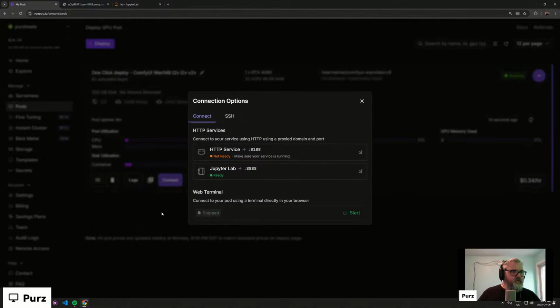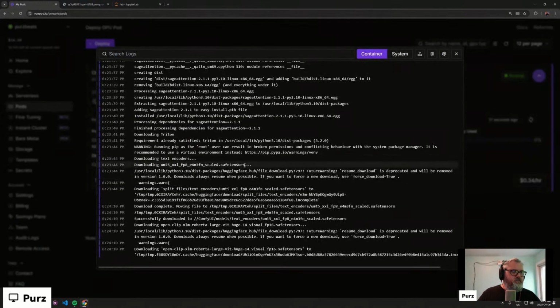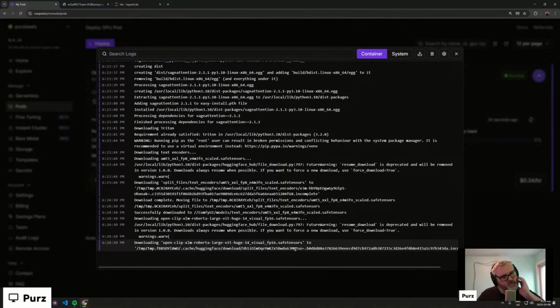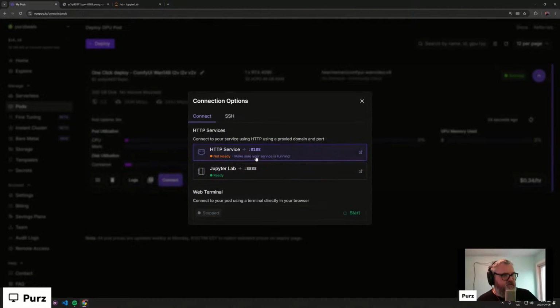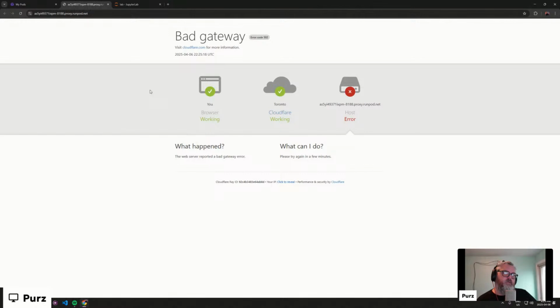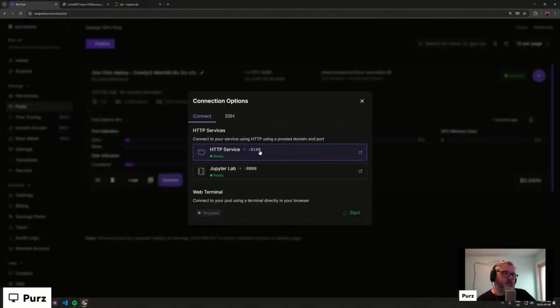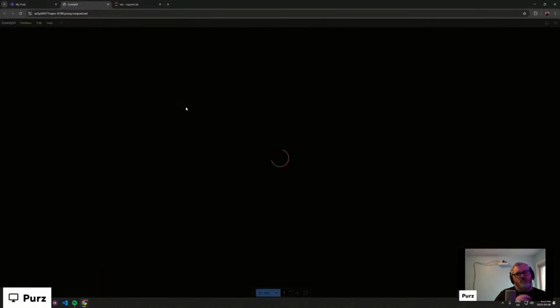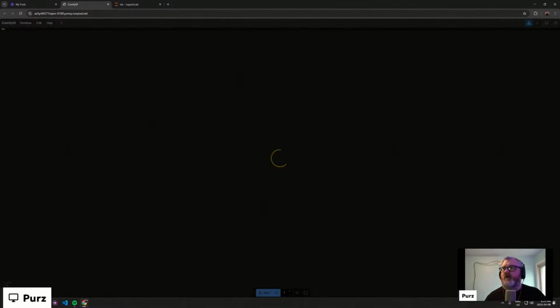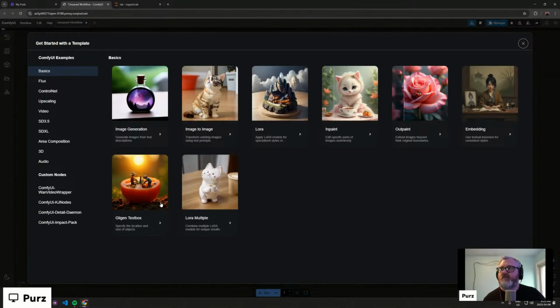Still connecting. Come on, man. Let's go. It's downloading a giant clip model that we won't be using. Oh, I think it's done. All right, so if I got to connect, it should be green any minute now. Maybe not. Oh, it's green. We did it. ComfyUI is running on RunPod. It only took 25 minutes. No, 10 minutes. Anyway,